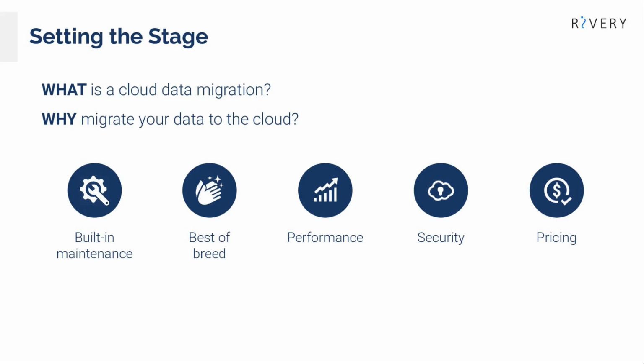So first, with a cloud native data warehouse, you'll have built-in maintenance options. With a traditional data warehouse, resources are required for maintaining the infrastructure to host software, hardware, and networks, creating redundant systems to ensure you don't lose data. And all of this requires hiring and training in-house IT experts to maintain and secure these systems. Next is the quality or best of breed. Cloud service infrastructure affords you flexibility and the best of breed equipment in the industry: the newest high-end processors, most optimized memory, SSD storage, and in addition to all this,